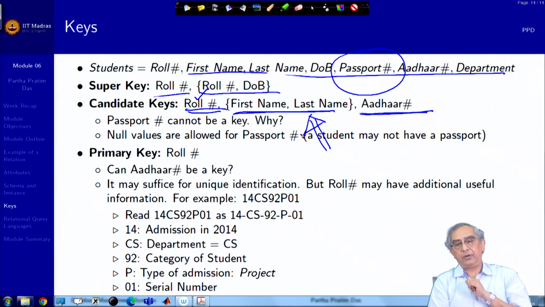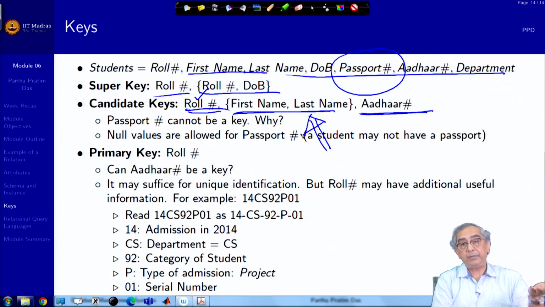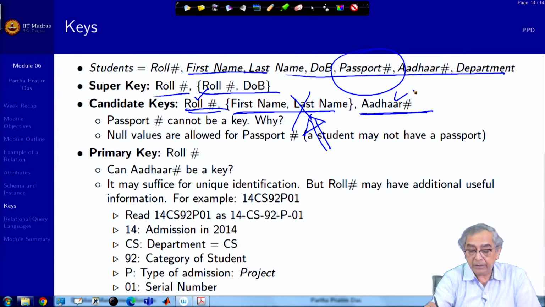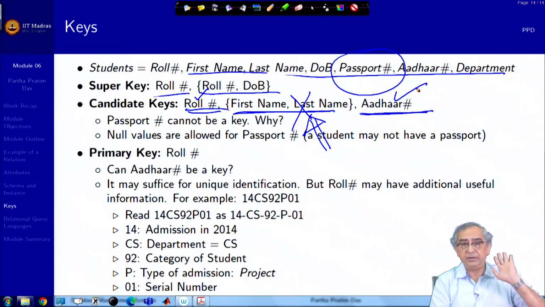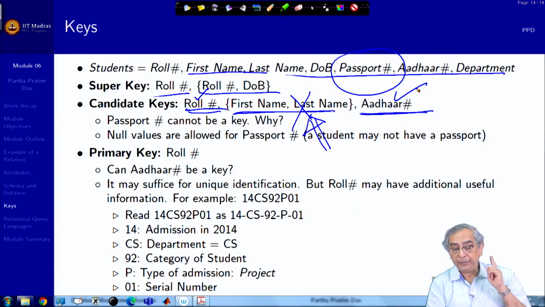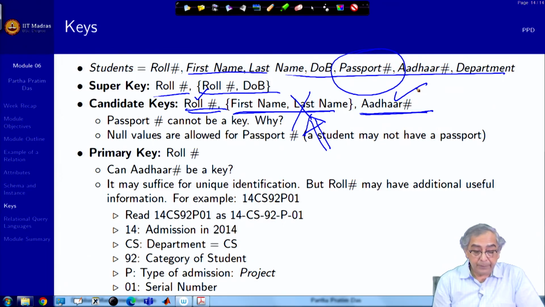I have tried to look for Parthapratim Das in Google, even in Google Scholar, forget about the entire Google, just in Google Scholar probably has 18 Parthapratim Das. So, you can say that by first name and last name, it is not proper to identify students, because you will soon get into difficulties. So, this gets ruled out. So, the choice remains between roll number and Aadhaar number. Aadhaar number you can obviously use, because Aadhaar number is again like an ID which has been created for your entire lifetime. But between the roll number and Aadhaar number, in this application we will prefer to use roll number,